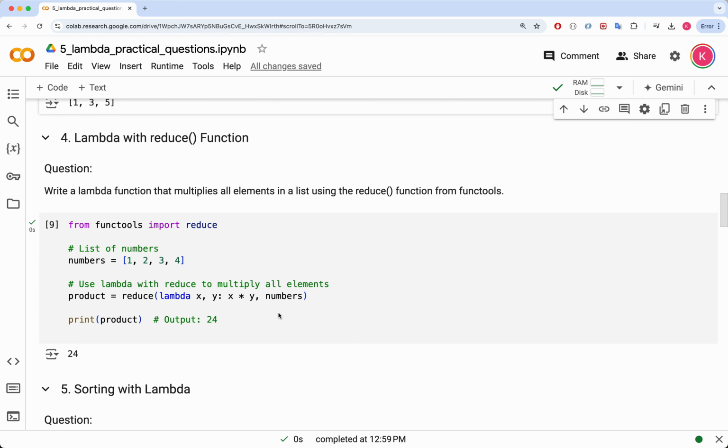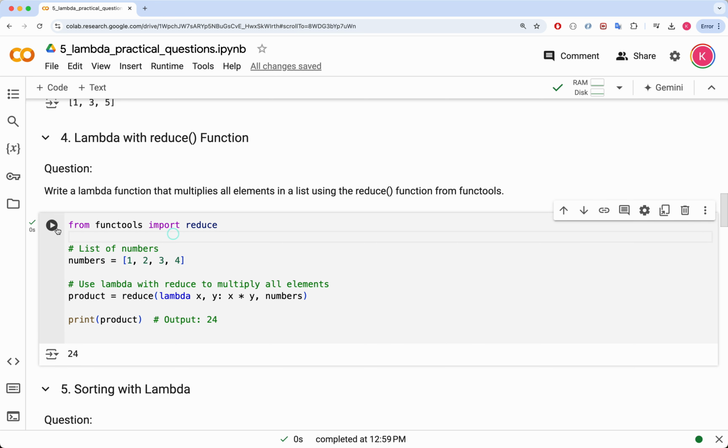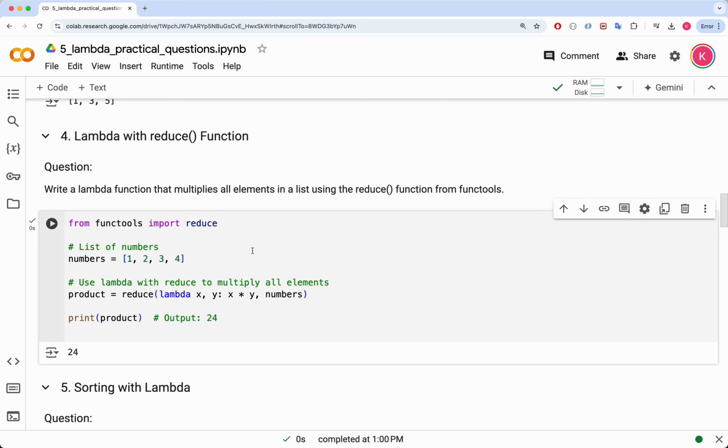4. Lambda with reduce function. Question: write a lambda function that multiplies all elements in a list using the reduce function from functools. In this example, a lambda function is used in combination with Python's reduce function from the functools module to multiply all elements in a list of numbers. The list numbers contains 1, 2, 3, 4, and the goal is to compute the product of all the elements